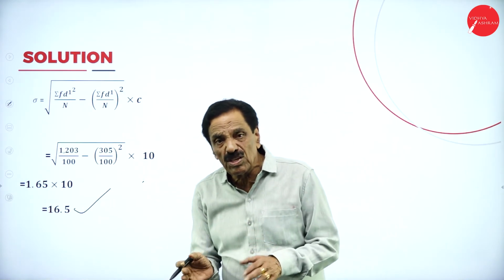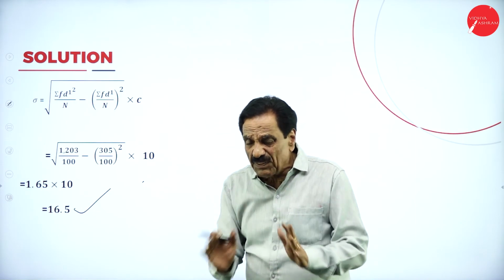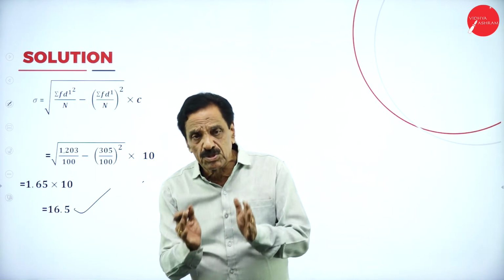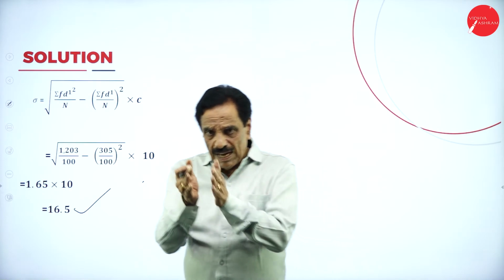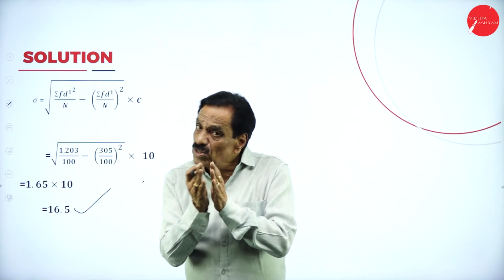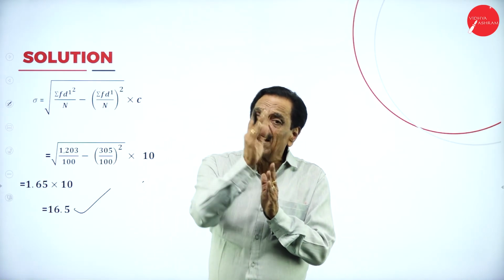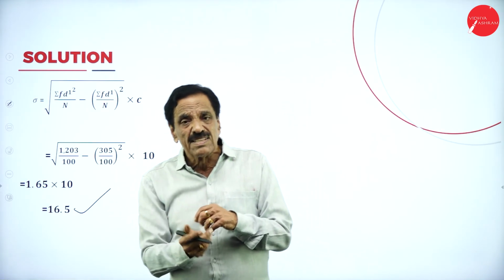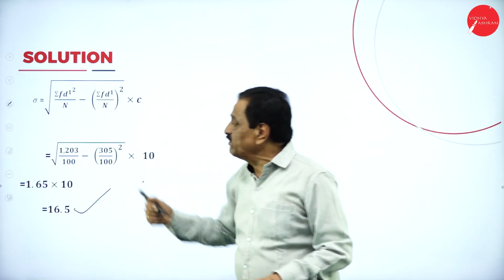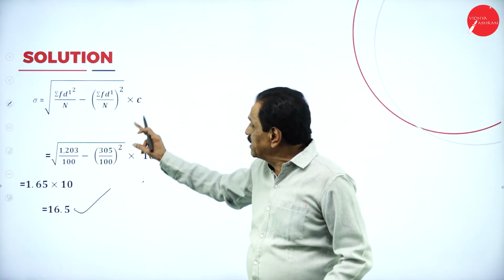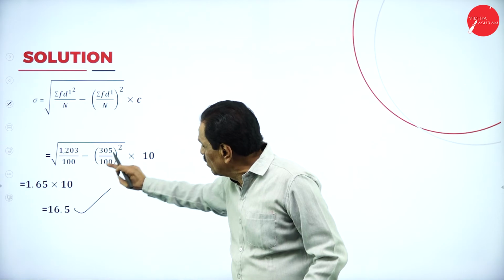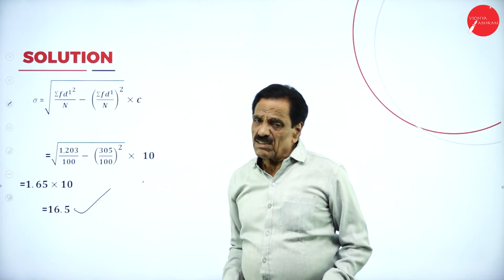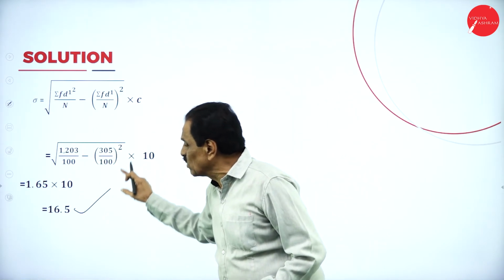This is the major question we are going to ask. This is a definite question. Learn this. What are the steps to do? First, add the frequency. Find the mid value, then d dash, assuming the first figure. Next is f t dash square, then apply the formula: sigma f t dash square divided by n minus sigma f t dash divided by n whole square, into c. Then you'll get the answer. All of this goes with the calculator. This is the root of a number.